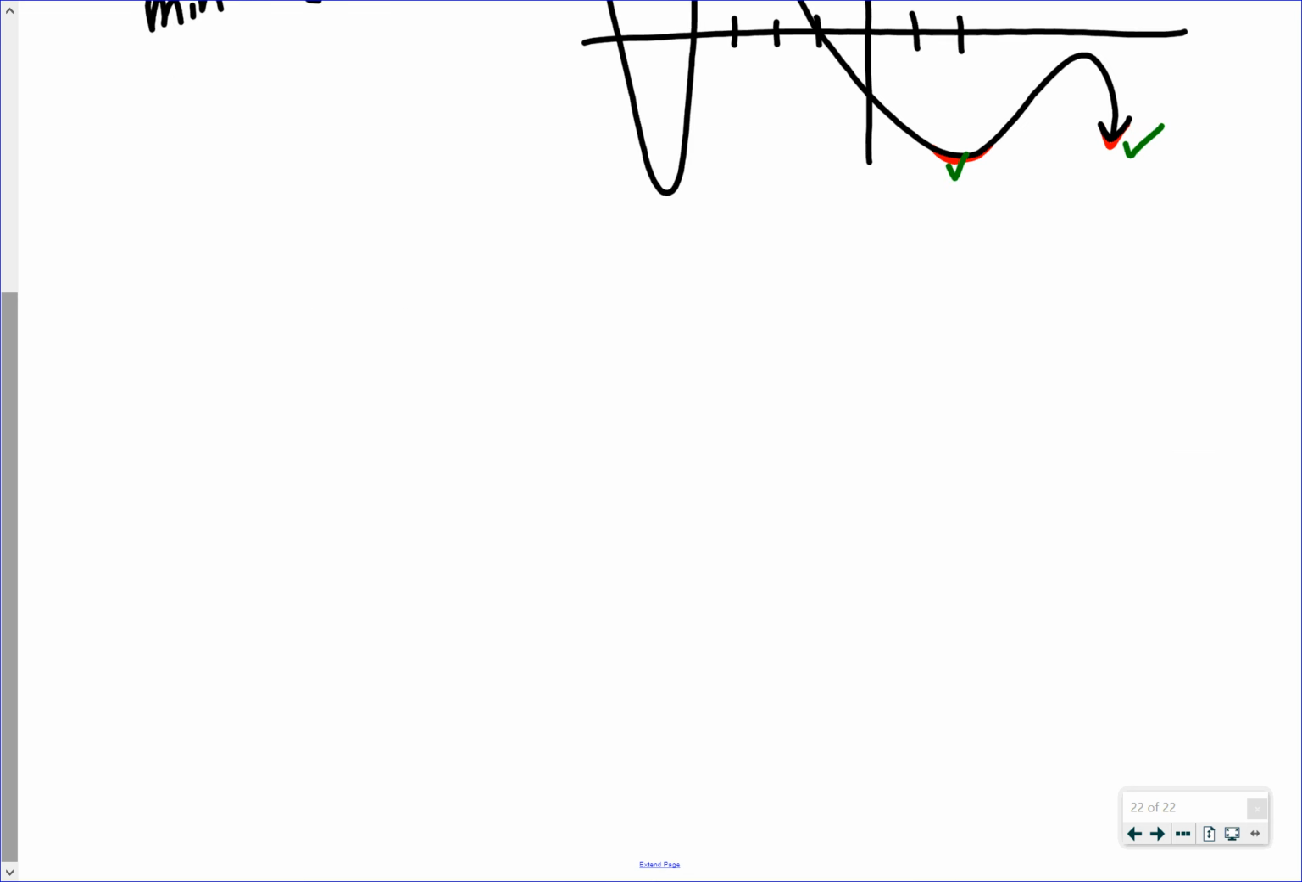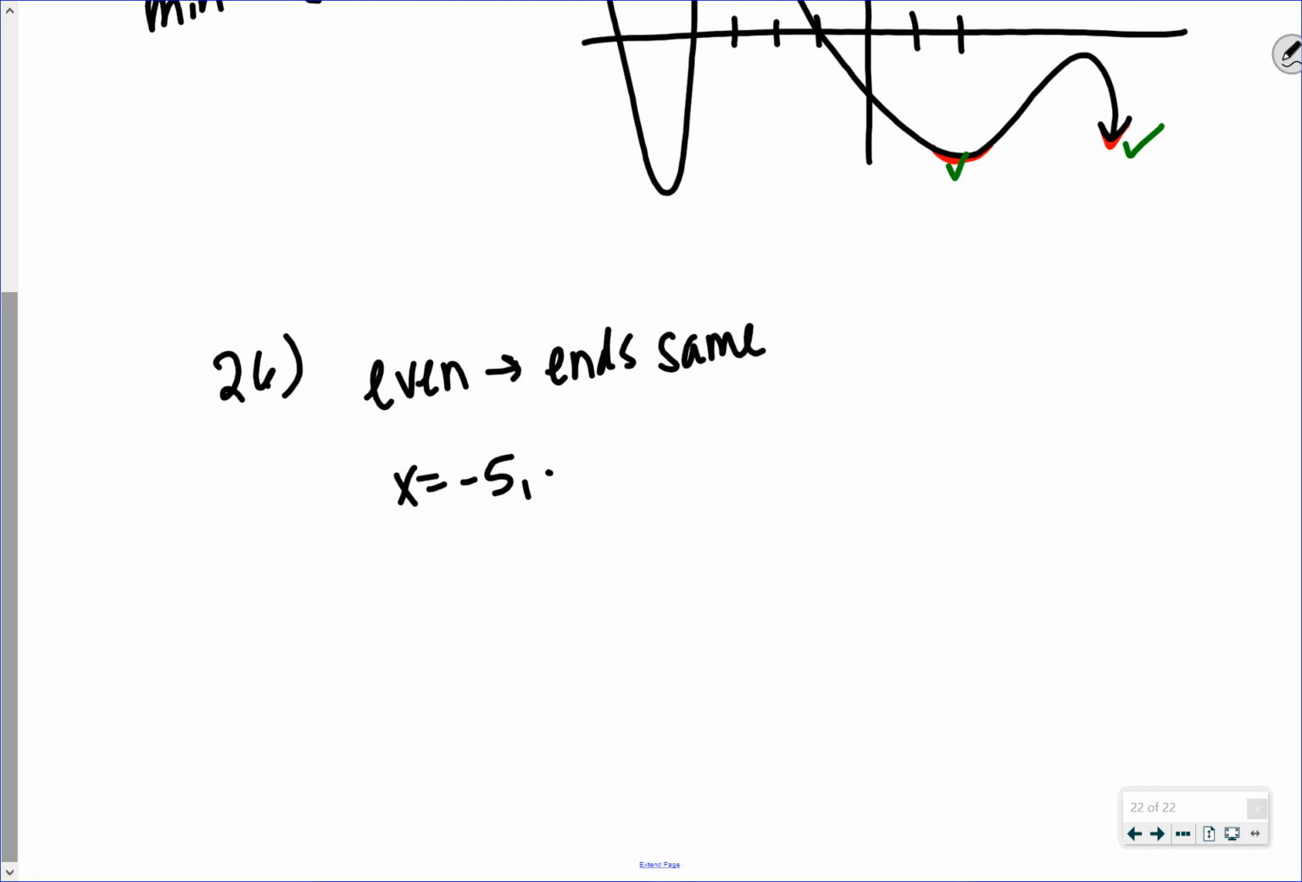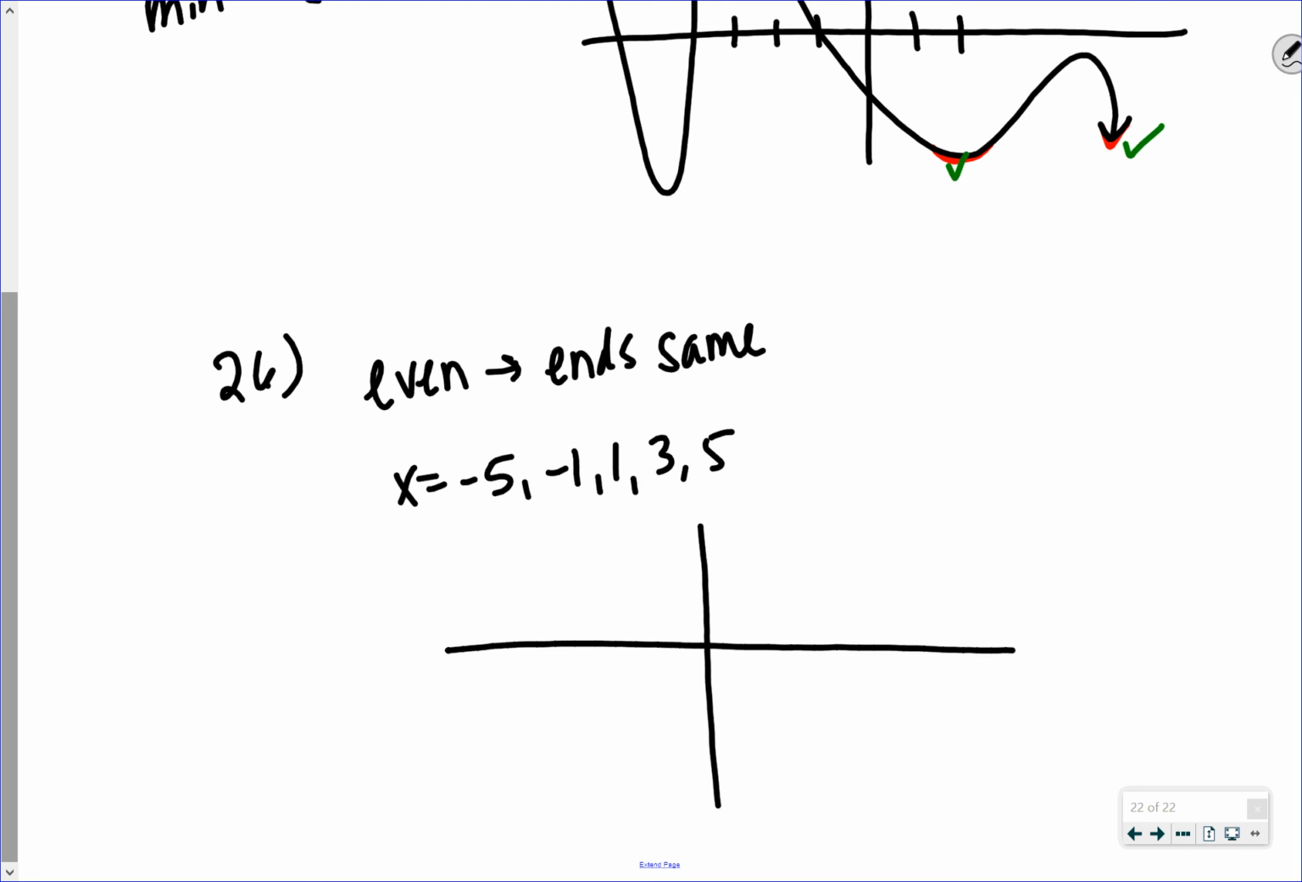And the last one, number 26. Sketch a graph of an even degree function. So ends are going to go the same way. And this time I give you zeros at negative 5, negative 1, 1, 3, and 5. So I know I'm going to cross through my x-axis at negative 5, negative 1,